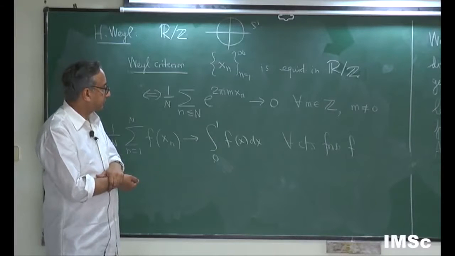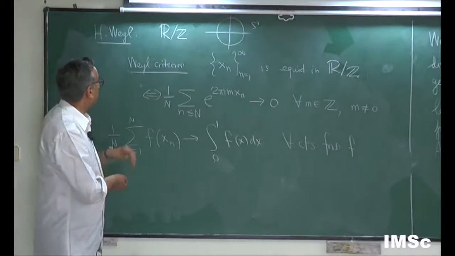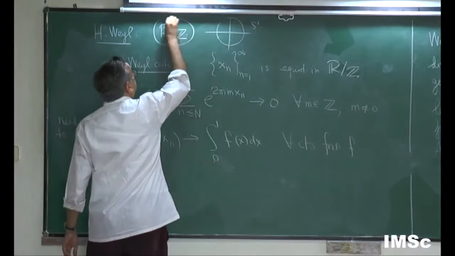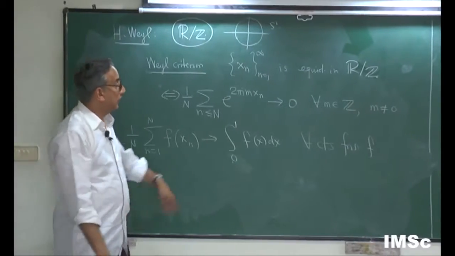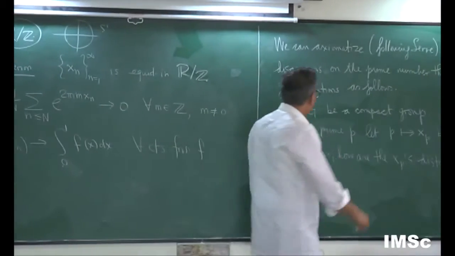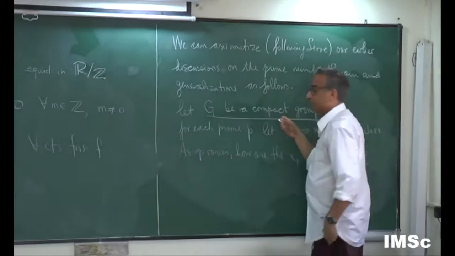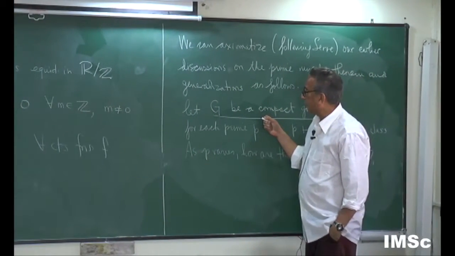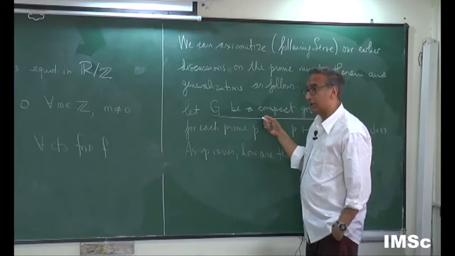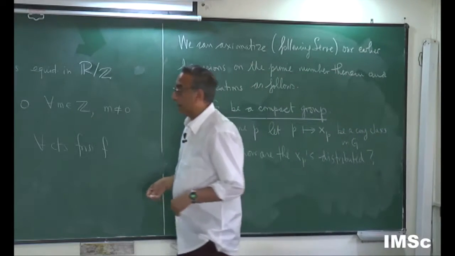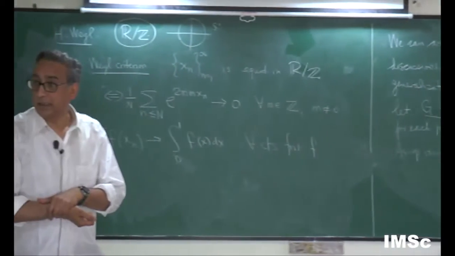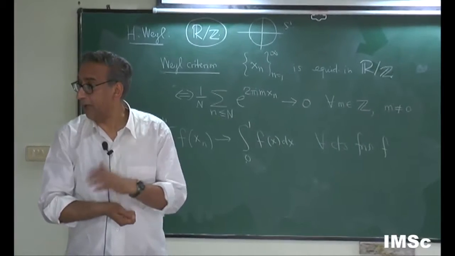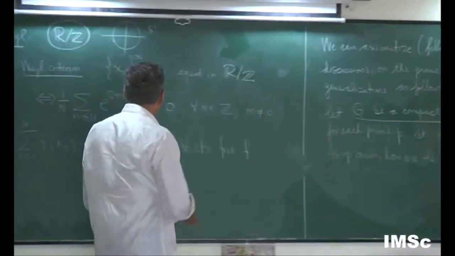Okay, now, what is interesting is that this is really a special case of a compact group, R mod Z. And so if you were to generalize this situation to a compact group, you would look for continuous functions on this compact group. And the space of continuous functions is, it turns out, the family of characters of irreducible representations of this group are dense in the space of continuous functions. That's what's called the Peter-Weyl theorem.